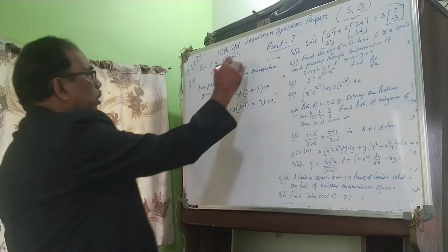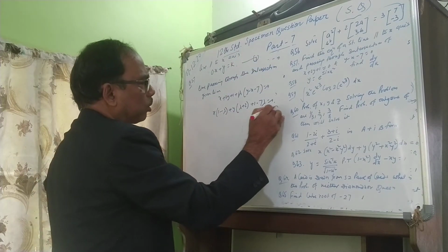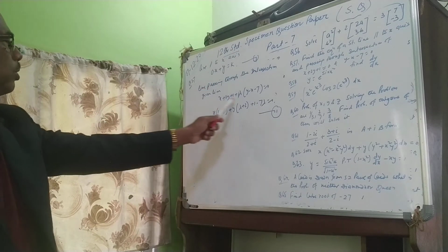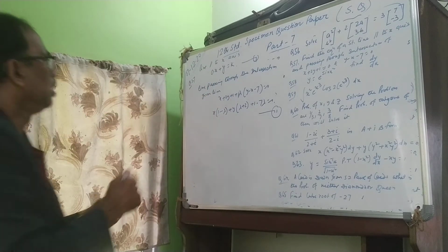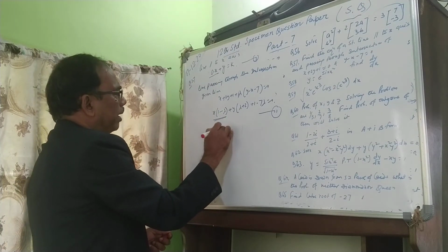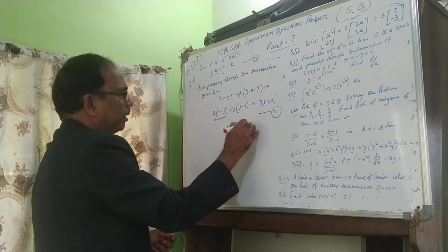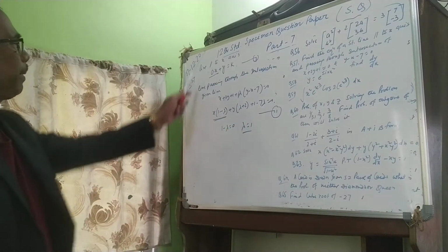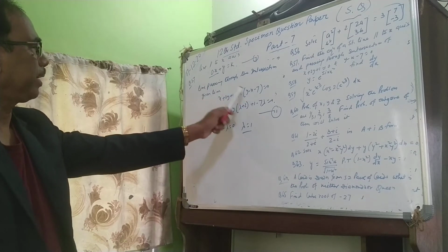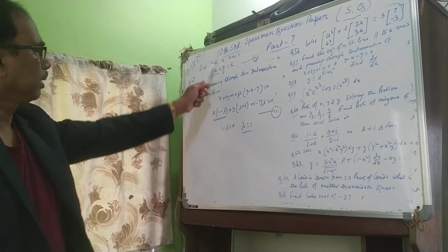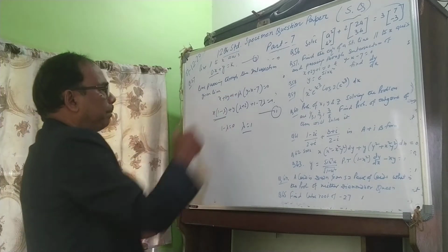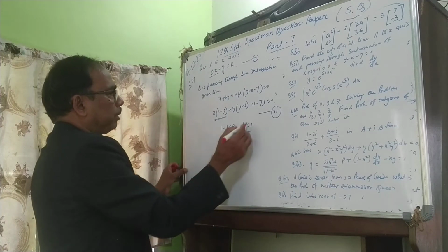Now equation number 1 and equation number 2 are the same equation, because this line is parallel to the x-axis, and this line is parallel to the x-axis. Comparing, the coefficient of x is 0, so here the coefficient of x should be 0. That is 1 minus lambda equals 0, then lambda equals 1. I am telling again, this line is parallel to the x-axis, and the line through the intersection is parallel to it. Therefore, comparing the coefficients, we get the value of lambda, and putting the value of lambda here, we can get the equation of the line in 2.